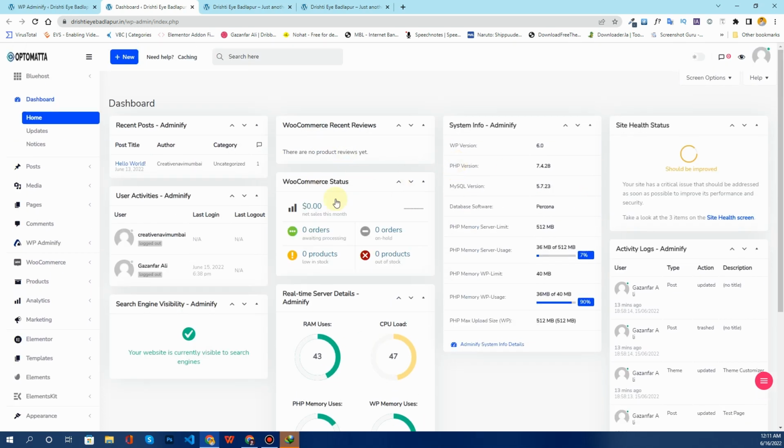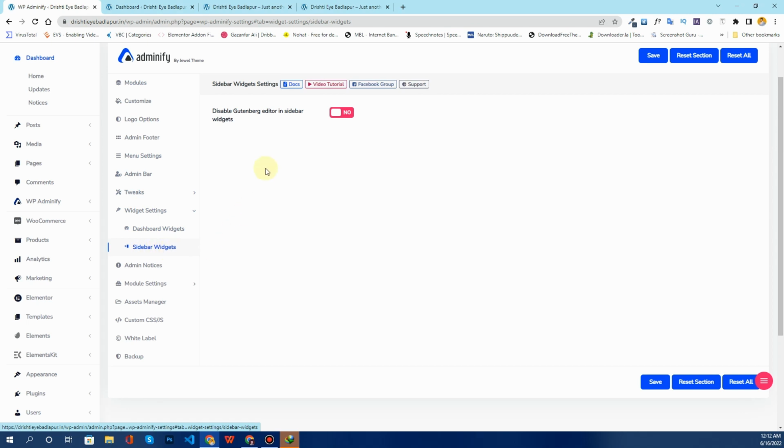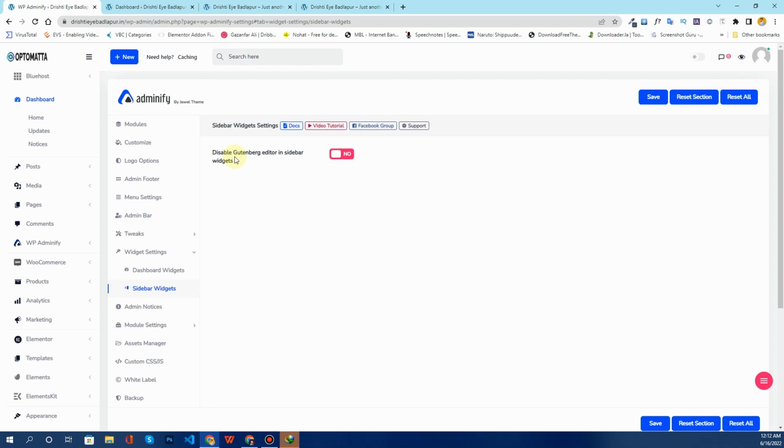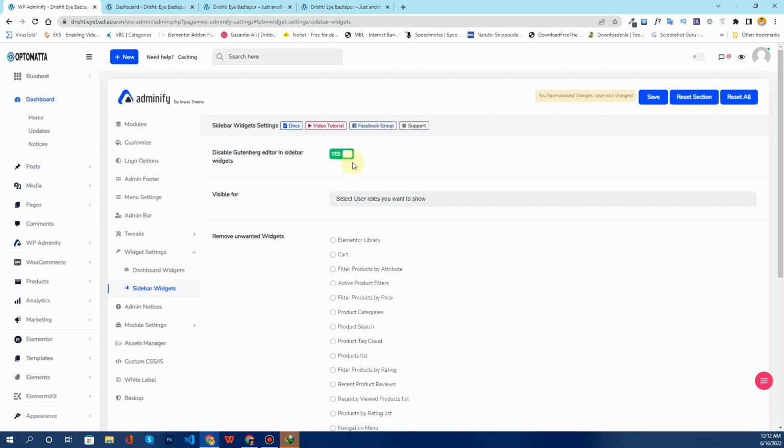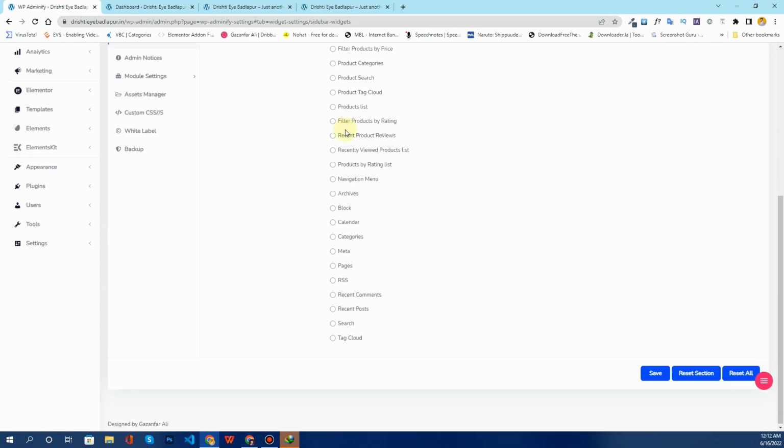So this is how you can customize your dashboard page. Moving forward, we can customize the sidebar widgets as well. The only option that you have here is to disable Gutenberg editor in sidebar widgets. If you are using Gutenberg widgets, that is fine, just keep them enabled. But if you are not using Gutenberg editor, just disable that. So I'm not using Gutenberg editor, so I will click on this disable Gutenberg editor, and now